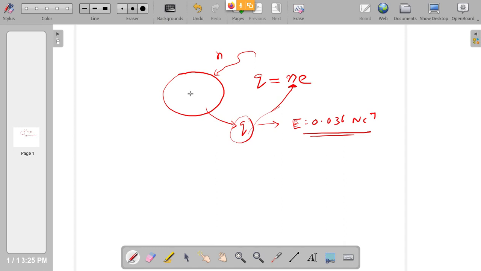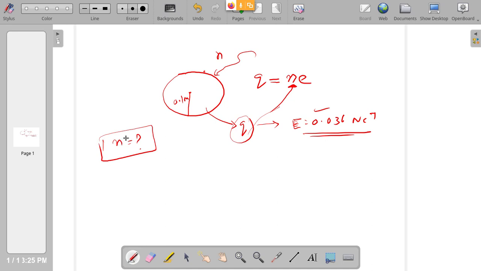known. The radius of this is given as, how much is it given as? It is given as, I think, 0.1 meters. 0.1 meter radius just above the surface. What will be the electric field? This is the electric field. How much charge should be there? That is the question, a very simple one. I think you can work it out. Please work it out and let me know whether you are getting the answer. Tell me whatever answer you are getting for N. We want N.